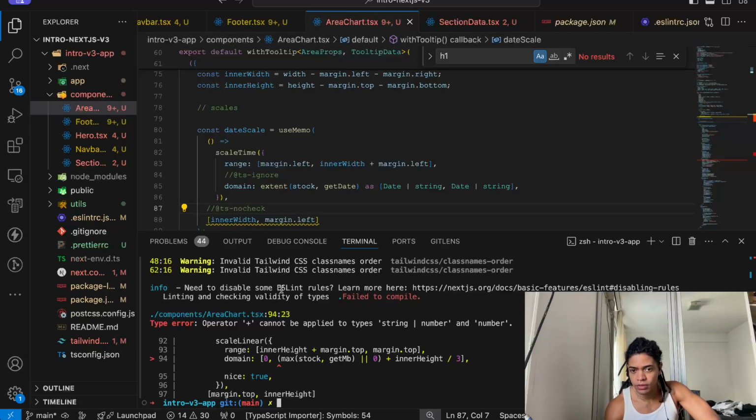Need to disable some ESLint rules. Operator plus cannot be applied to type string, number, or number.